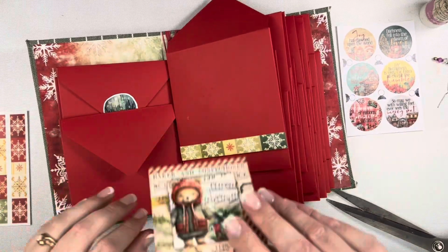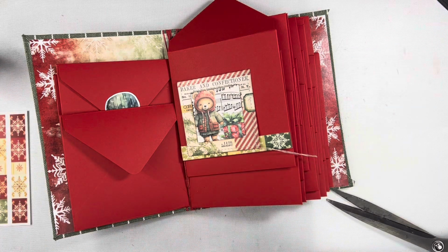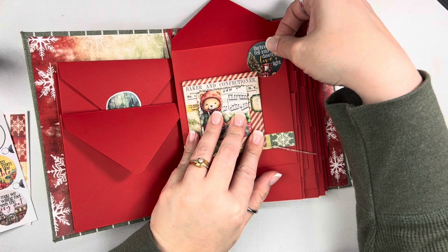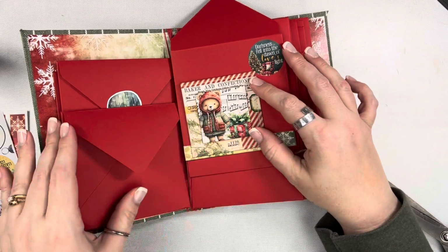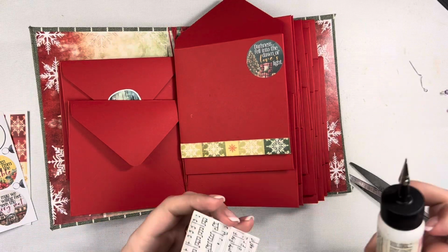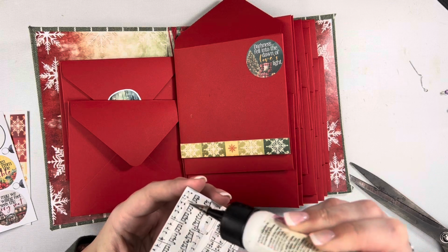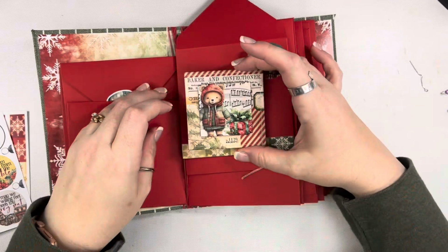And then I am going to glue down my little frame a little bit over to the left, and I want to put this little sticker up here on the upper right hand corner, and that is really going to be it for the front of this particular envelope. I just really thought that this little guy was so cute, and I really loved these frames from Tim Holtz. So I am going to glue this down, and then the only other thing that I'm